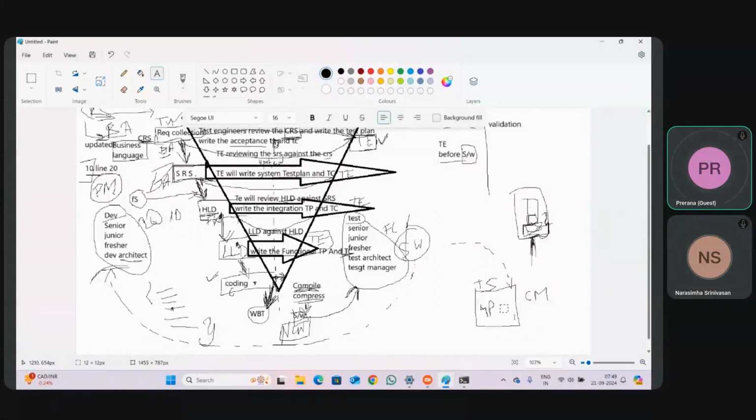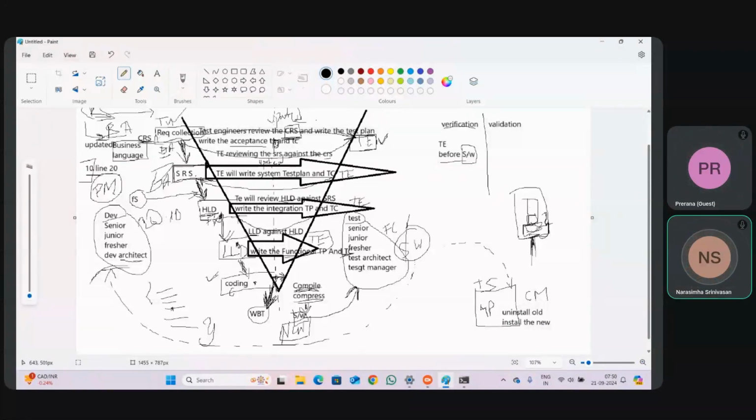This is the old software. So what I need to do, I need to uninstall the old software and install the new software. After installing the new software, I told you about test cases. I have written 100 test cases, functional test cases. 10 I already executed, and in the 11th one I found a defect. While executing the 11th test case, I found a defect. So there is no need of repeating the previous 10 test cases on the software. You start executing the 11th test case.